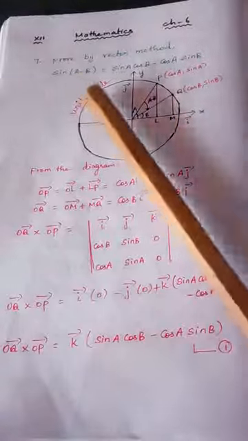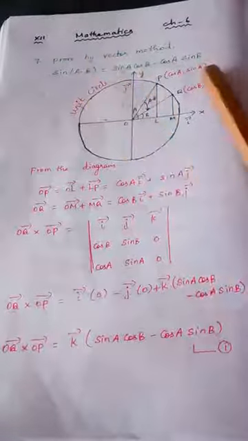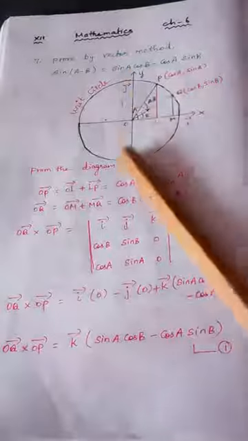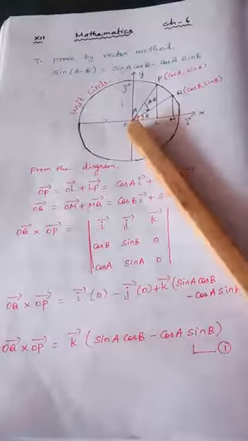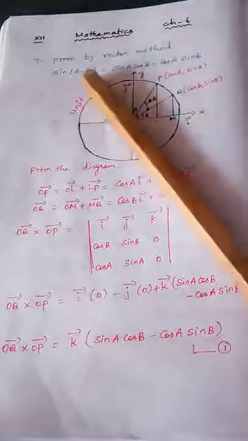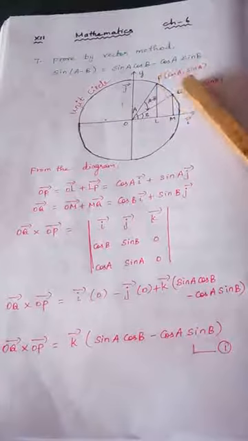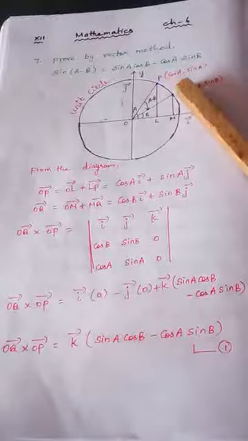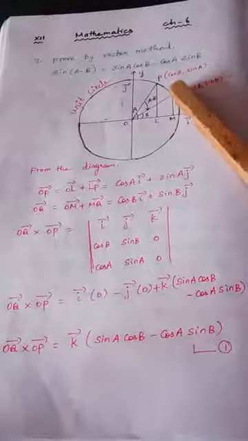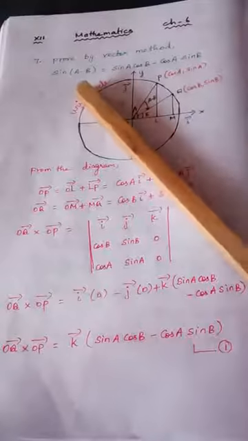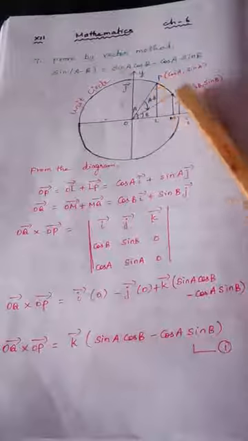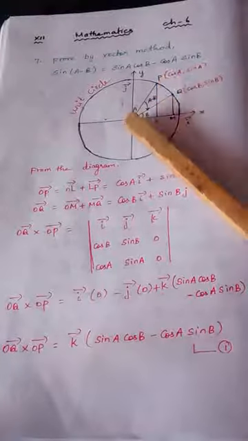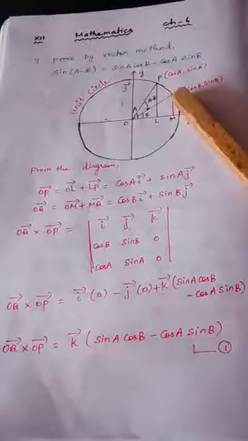We know very well, a minus sign is present means we should first draw a unit circle. X-axis and y-axis should be marked. O is the origin. Since minus is given, we should take 2 points P and Q on the unit circle. Both lie in the first quadrant. Both should be taken in the first quadrant if it is minus. So we are taking 2 points P and Q on the unit circle, connecting with origin, join OP, join OQ.